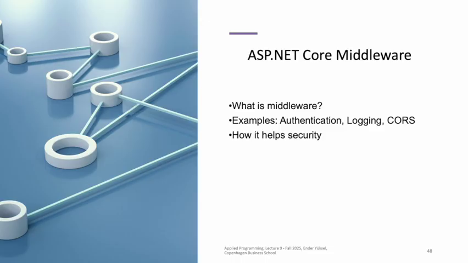Middleware is powerful because it allows you to enforce security policies consistently across your entire application. You can configure it globally in the startup.cs file, or program.cs in newer versions of ASP.NET Core. Here's a simple example. If you want to ensure that all users are authenticated before accessing any controller, you can add the UseAuthentication method and UseAuthorization middleware in the correct order. This ensures that every request is checked before it